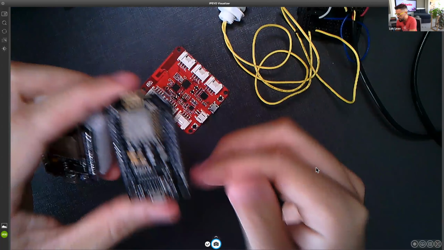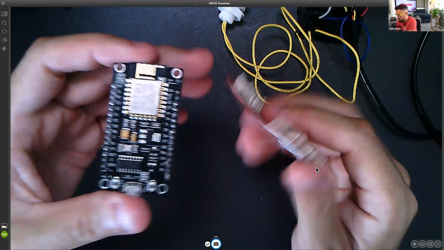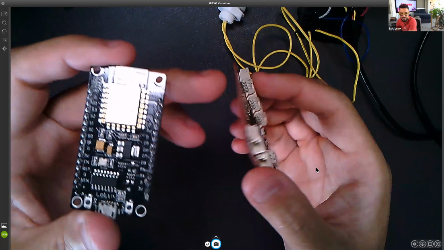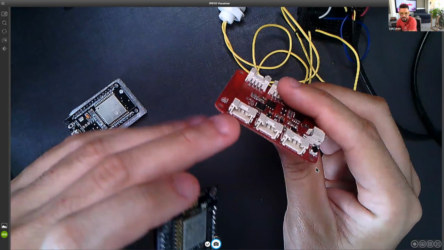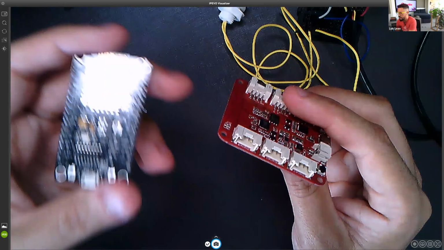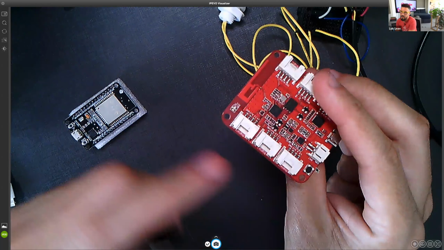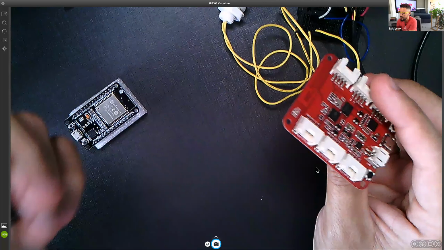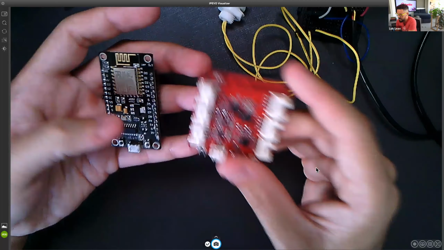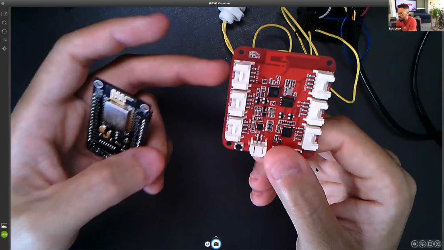About the ESP8266, there are some form factors. This one is called Wio, from Seeed Studio, and they have these kinds of connections here, so it's easier to plug in prototype sensors that use this form factor. This form factor is called Grove. So you can, for example, buy a Grove kit that has the temperature sensor, the relays, and everything else, and connect through this port. The bad part is that the Wio option has fewer inputs and outputs